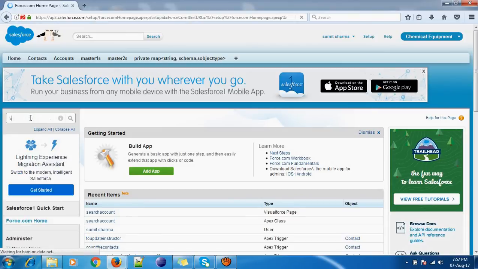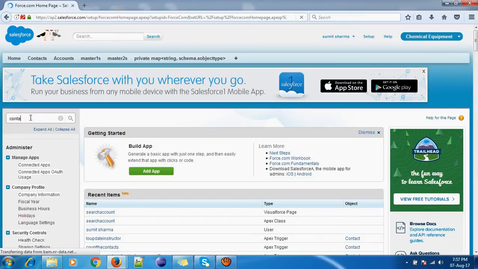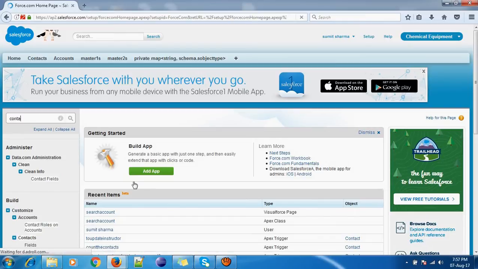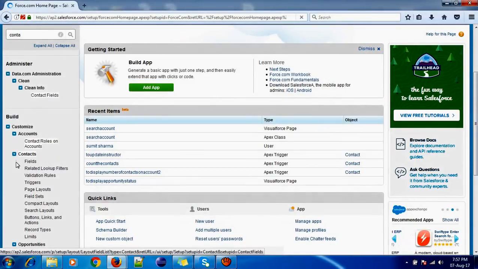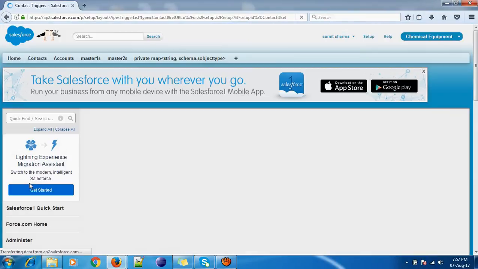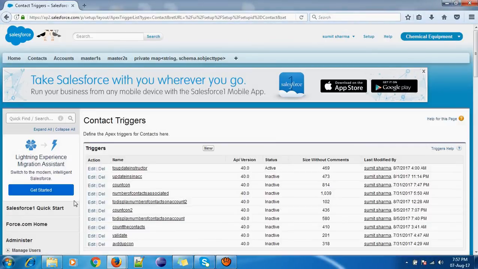So we are writing a trigger on contacts. So we'll come to the contact object, then in triggers. Let me check whether any of the triggers is active or not. Let me deactivate this trigger first.